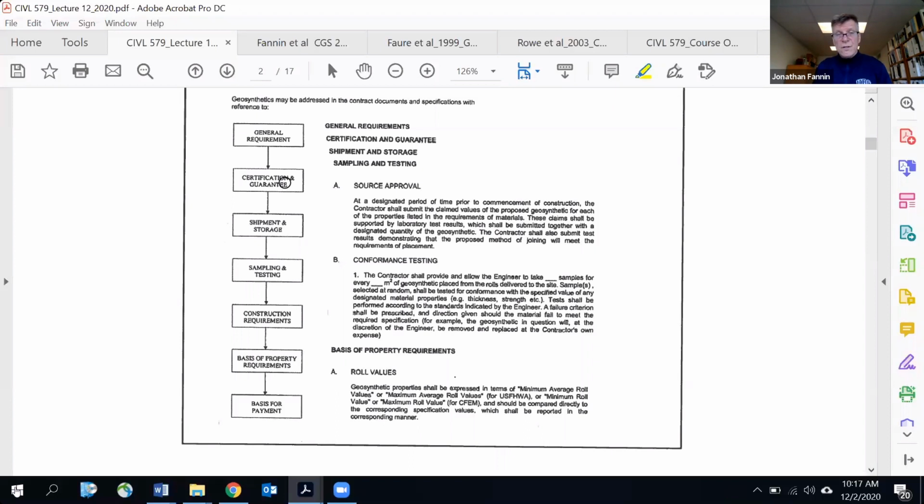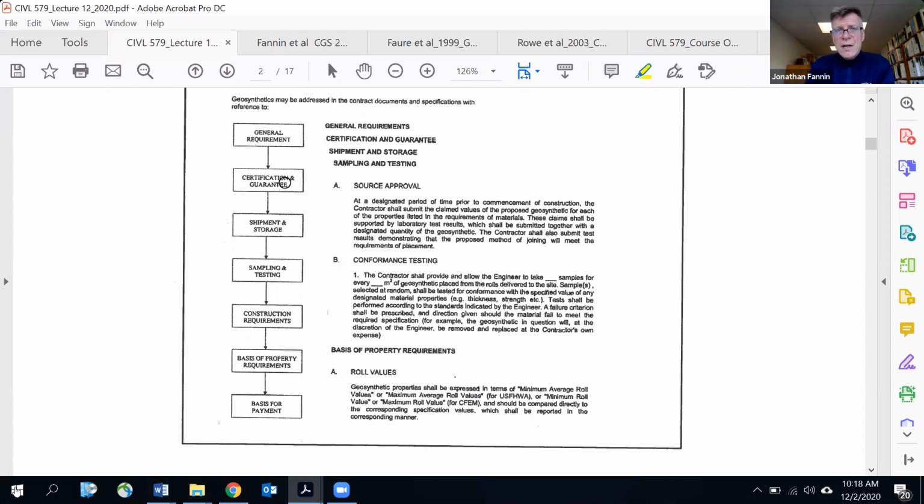I have done this, for example, on larger projects where it's a choice for risk management, basically, that you don't get surprised by what gets delivered on site. So the source approval is a risk management approach. And then the conformance testing, you may want to have something like this, and we'll see the benefit of it